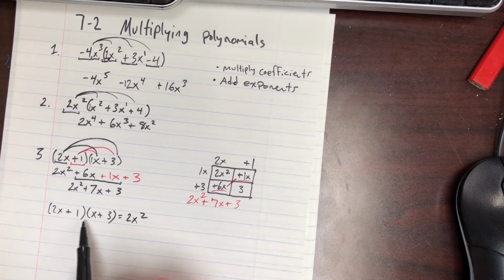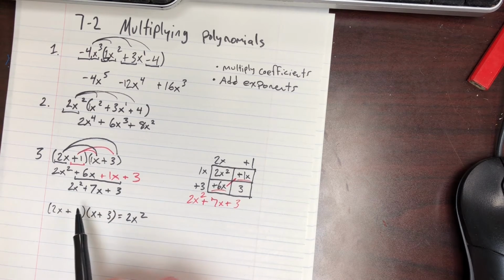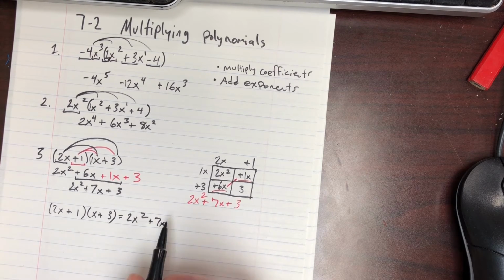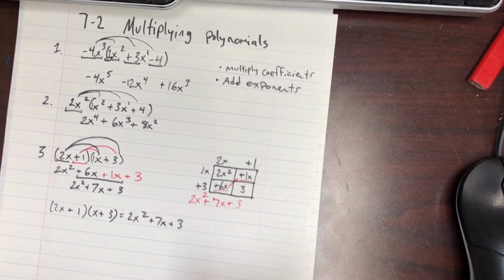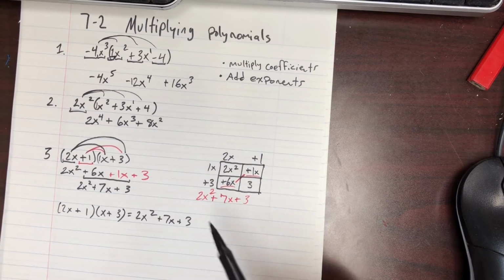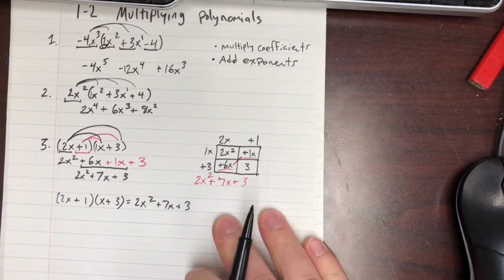And then I see my 1 times x is 1x, and I see 2x times 3, that's 6x. 6 plus 1 is 7, and then 3 times 1 is 3. This is the third and final way. This is not recommended, but I know that some of you like to do things in your head. It's an option. Okay, so